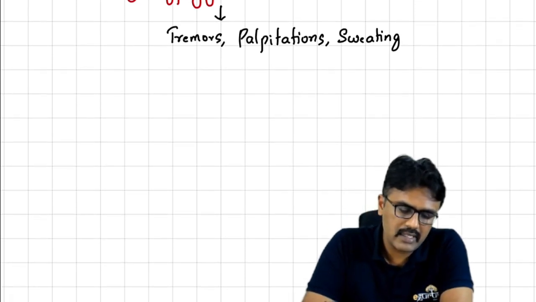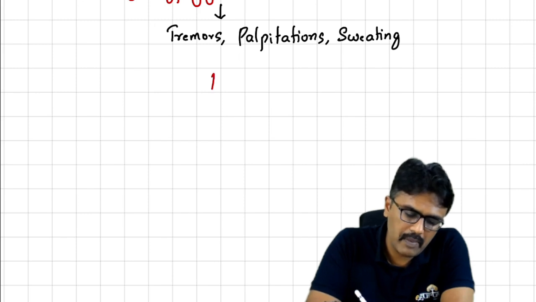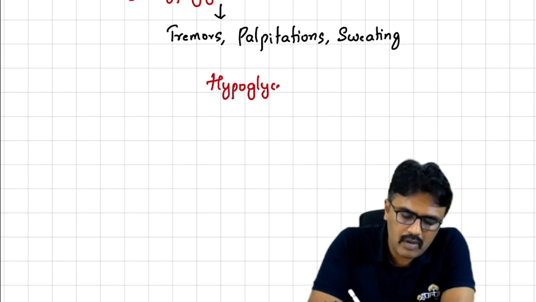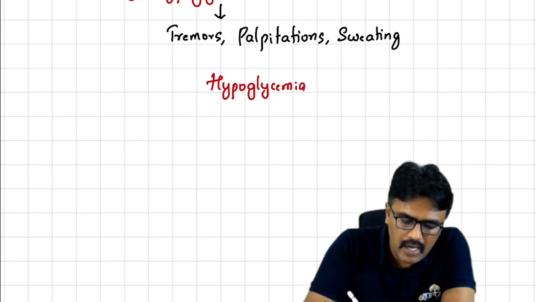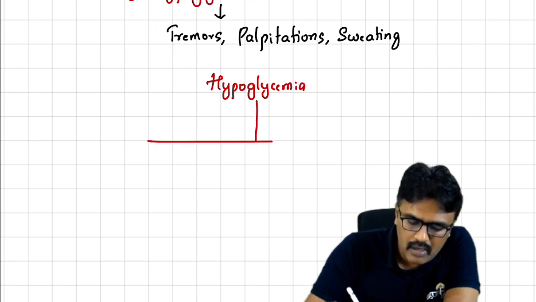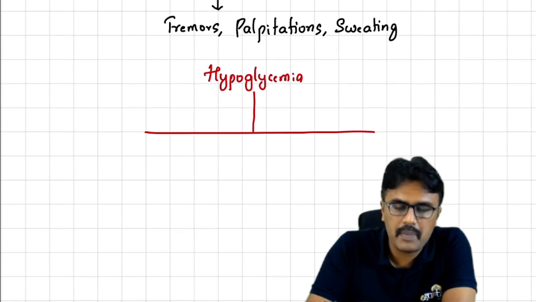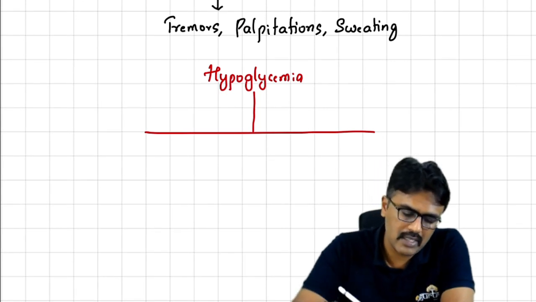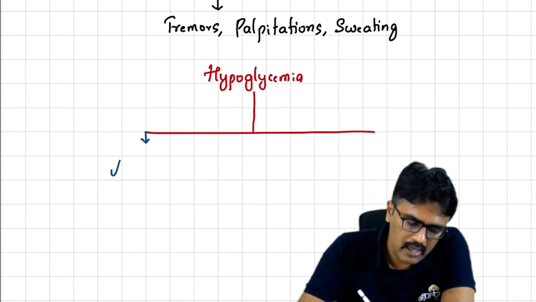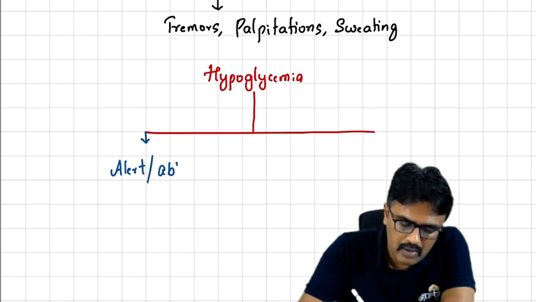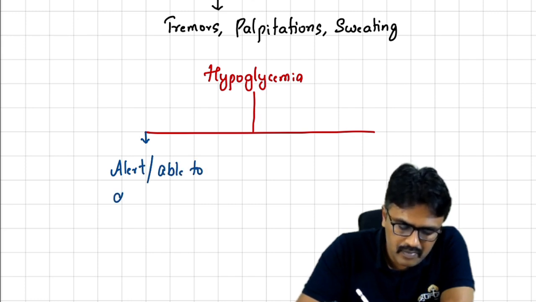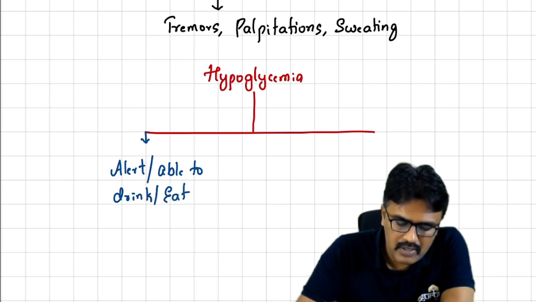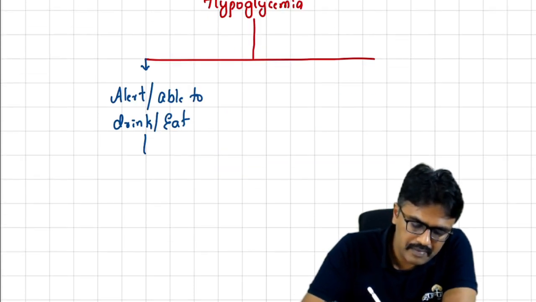So what they ask in the exam is also, how do you manage a case of hypoglycemia? Now, when you manage a case of hypoglycemia, you have to ask these things. Now, the patient is having tremors, palpitation, and sweating. First thing you need to assess is whether the patient is alert. If the patient is alert and able to drink or eat,